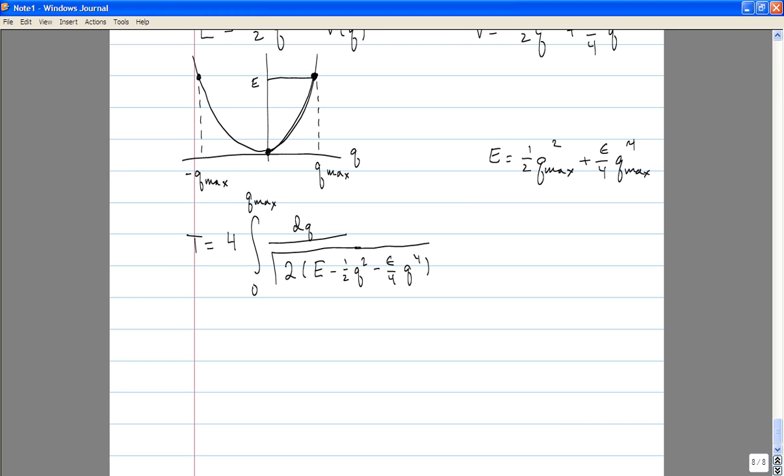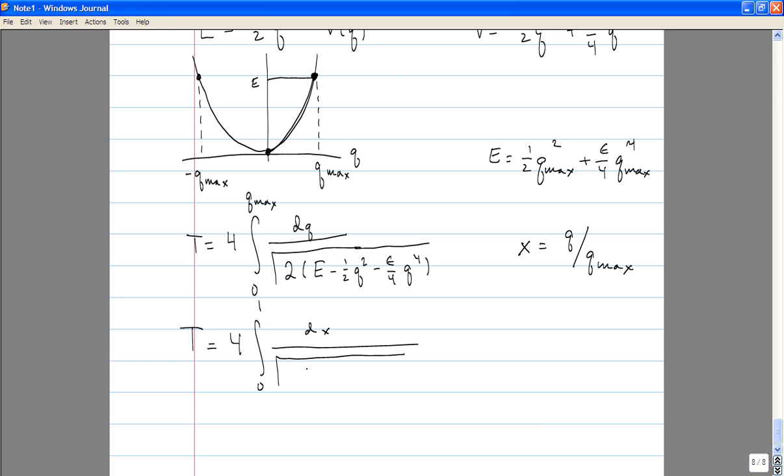So let's first change our parameter that we're integrating over to make our life a little simpler. So let's define x to be the ratio of Q to Qmax. So then t will be 4 times the integral from 0 to 1 dx. So then we have an x squared. So we have, let's see,